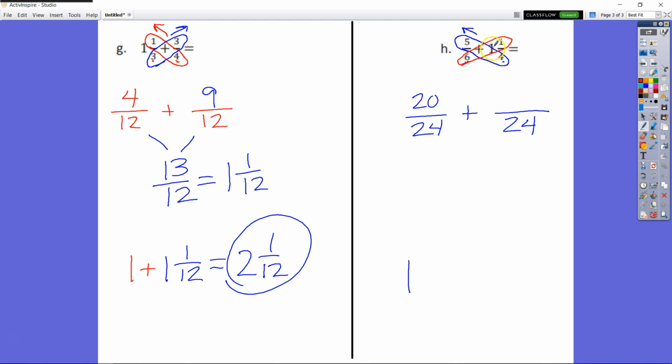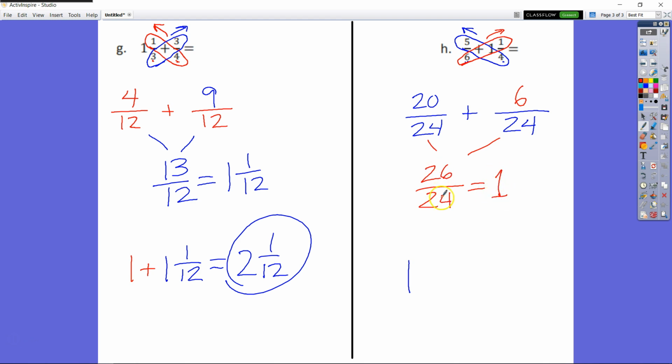times 1. Now, this is not my whole number 1. This is my numerator 1. Remember, my whole number 1 is already down here. We got rid of that. We're going to add that to the sum of our two fractions. So 6 times 1 is 6. Now I have 26. This is equal to 26/24ths, which I know is equal to 1 whole, because